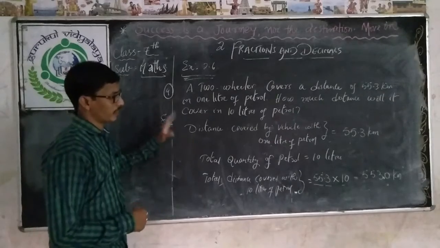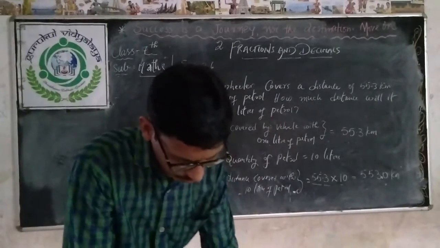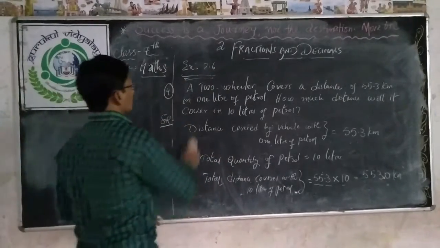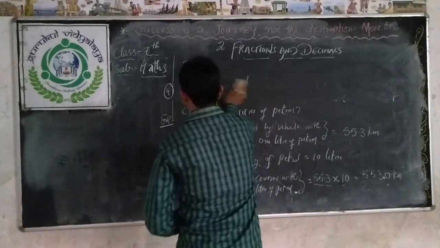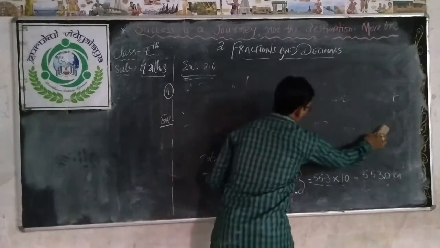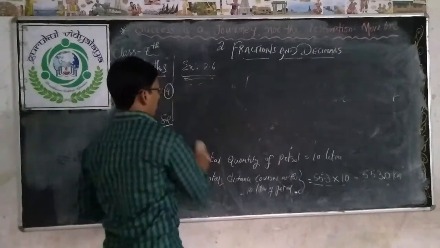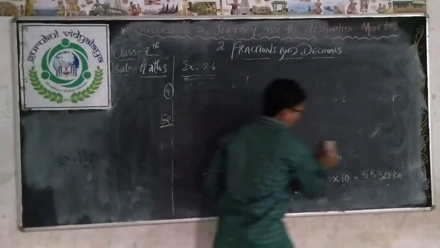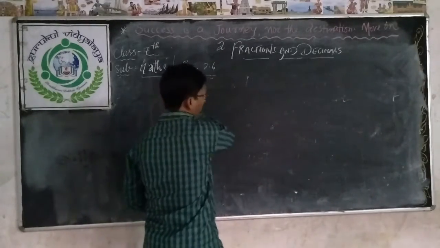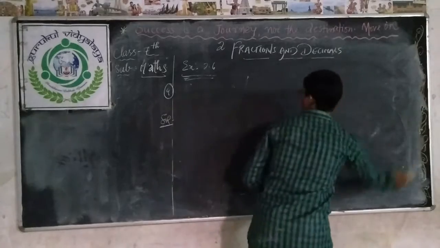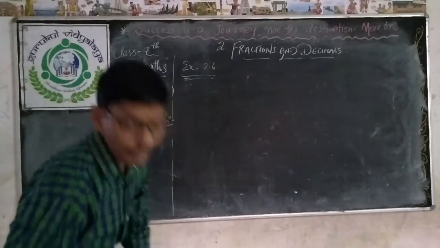So once again, see the problem and revise it. If you have any doubts, ask me. See again, the fifth problem, the last one in this exercise. It is the same kind of multiplication, but in the previous problems one was a decimal number and the other a whole number. Now both are decimal numbers. So the fifth problem: 2.5 into 0.3.